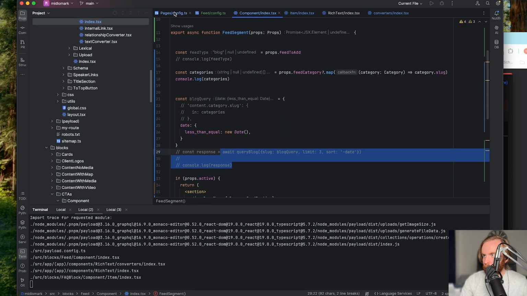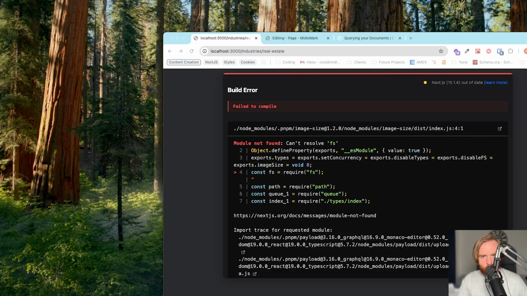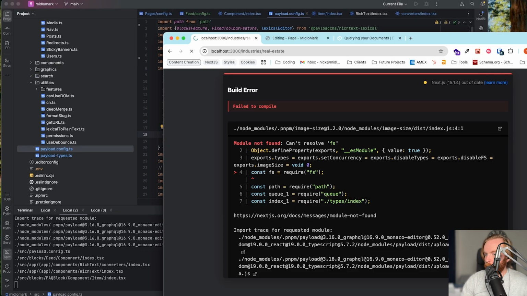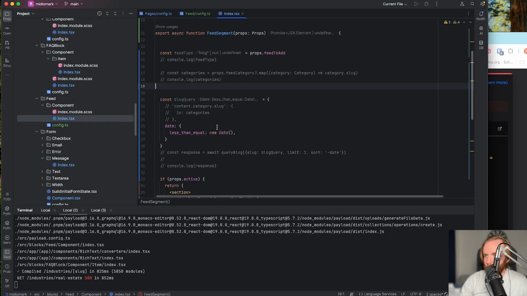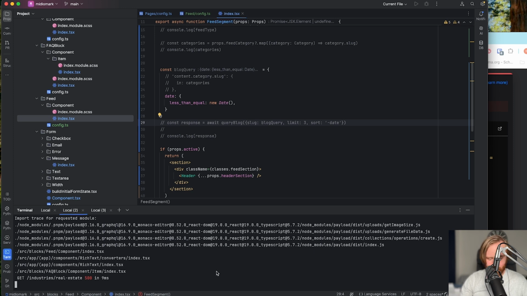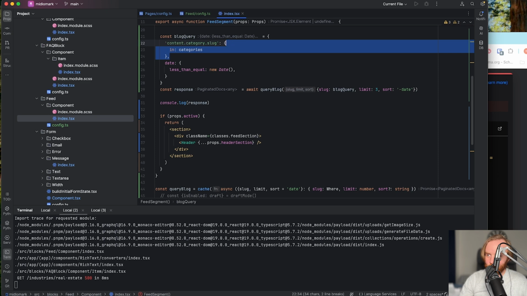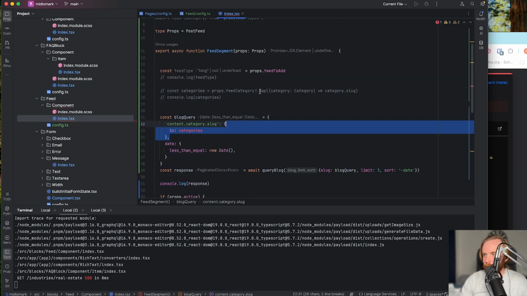Config.ts, I didn't check that. Payload config. Let's take another look here. All right, serialize. Okay, so what's going on now? Nothing in there, nothing there, nothing there. Okay, feed index. I am confused. This stuff drives me crazy, man. It was just working. All right, well, the only thing we changed here, I guess there's a few things,